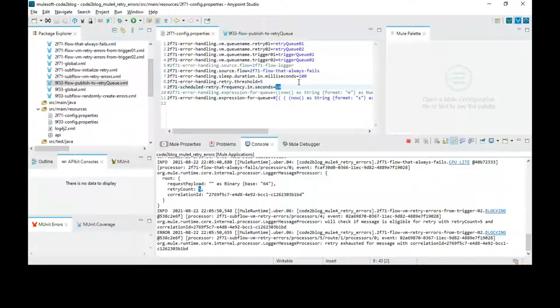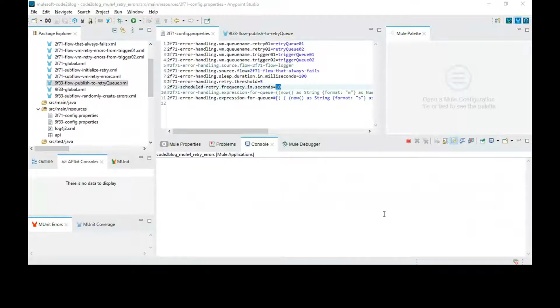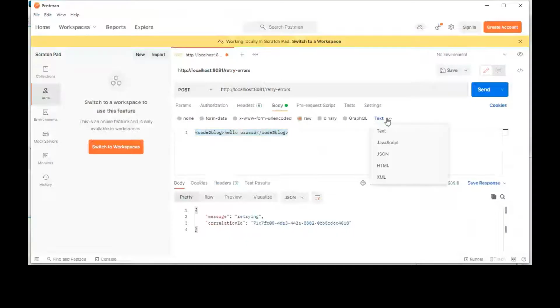See that I'm highlighting the retry count and also the interval in seconds. So it is taking a 10-second interval between two retries, and a maximum of 5 retries are available.